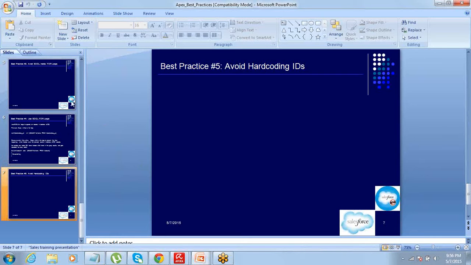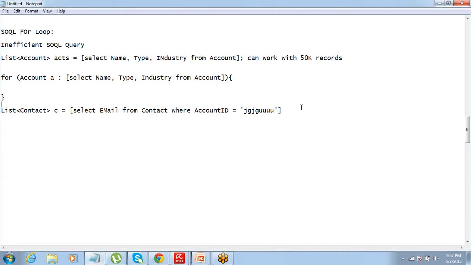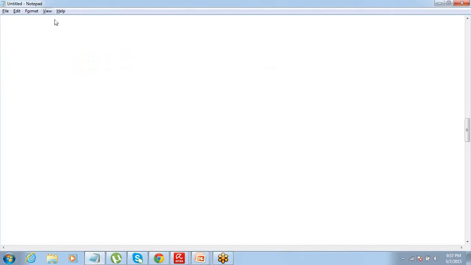Now, the other thing that we are going to talk about is testing Apex code. What is this testing of Apex? Testing Apex is a simple concept.